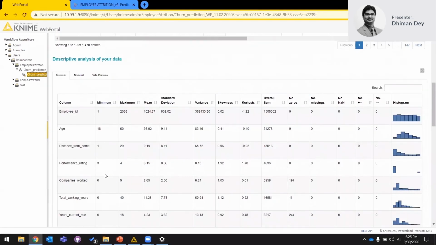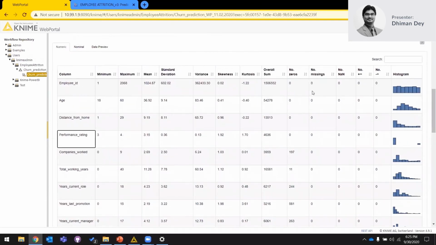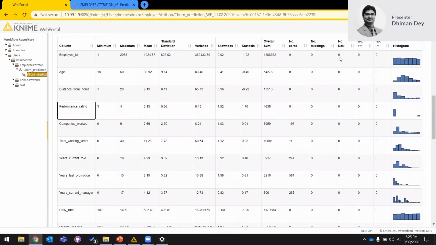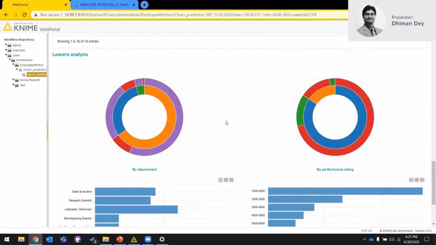If you quickly go down, you can see a quick understanding of the data set that you have. It gives you a quick glimpse of the histogram and the statistical figures of min, max, the 5-point summaries, the variances, and all those things. It also tells you whether you have any missing values or null values in your data set or not, for rectification purposes. A quick understanding of the data.